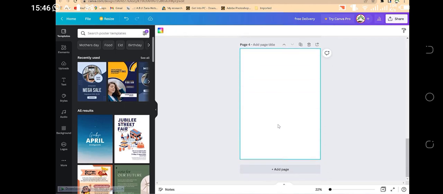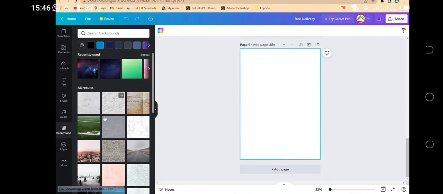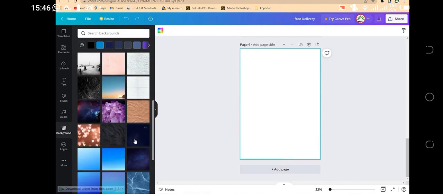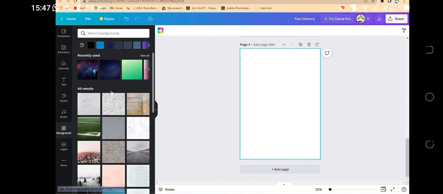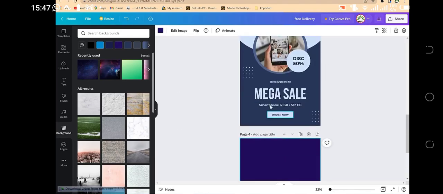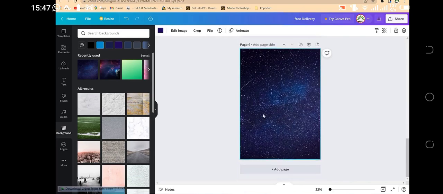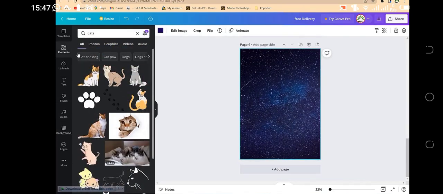If you want to put in a background, you can just come to background over here, and you can check out any background of your choice. For example, you may want to go with something like this. I kind of like this, so you can just drag and drop it, or you can just click it and it's going to come in as a background. And now you can bring in a circle, a bigger circle, to make this the first half at the top. So you can just come back to the elements over here,